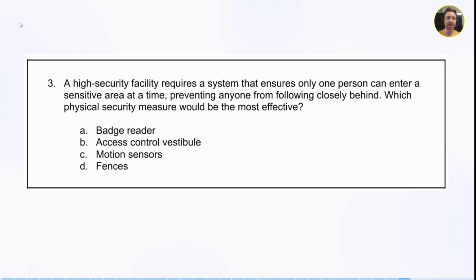The next question reads, a high security facility requires a system that ensures only one person can enter a sensitive area at a time, preventing anyone from following closely behind. Which physical security measure would be the most effective? Is it A, badge reader, B, access control vestibule, C, motion sensors, or D, fences? Your answer coming in 3, 2, pause the video now if you do need more time, 1, and it is